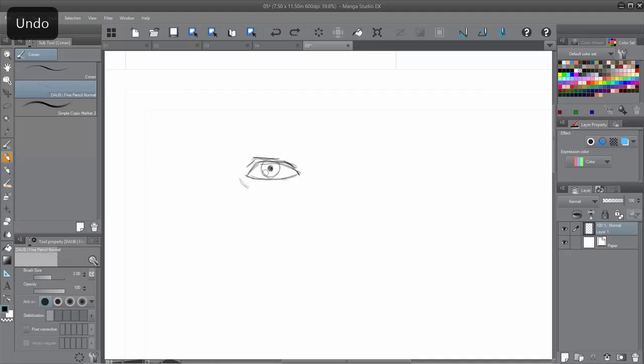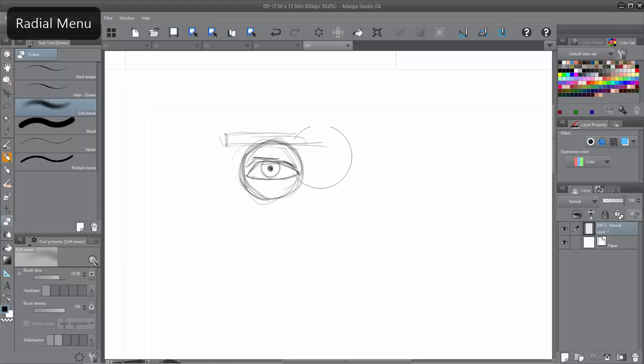So the eyeball actually comes, if this is the brow here, the eyeball is actually reasonably, let's try that again. I'll clean this up for you in a second. Reasonably big. So if I get my eraser,